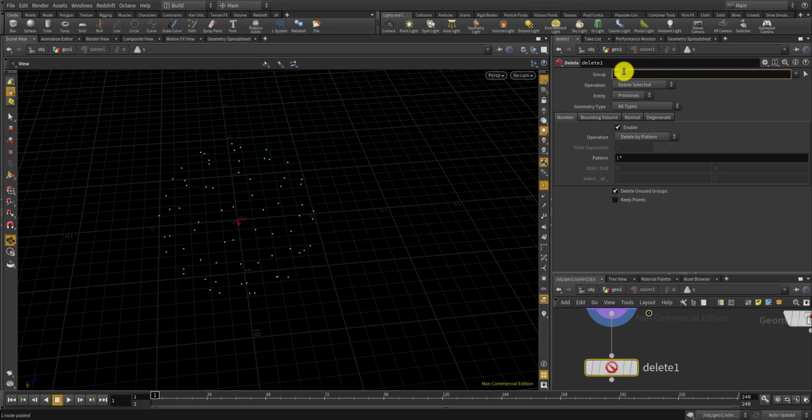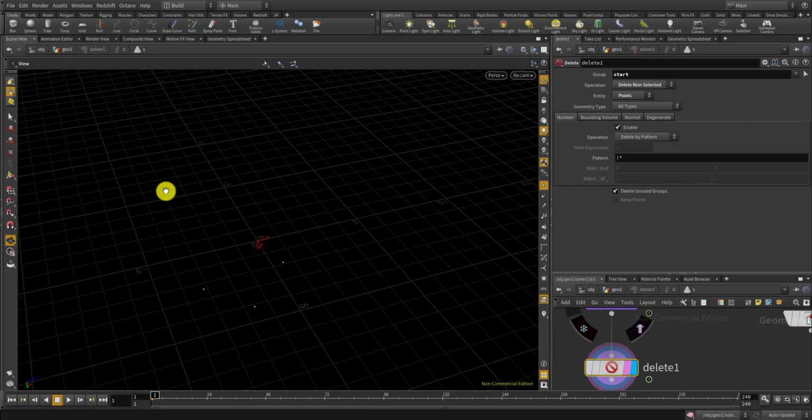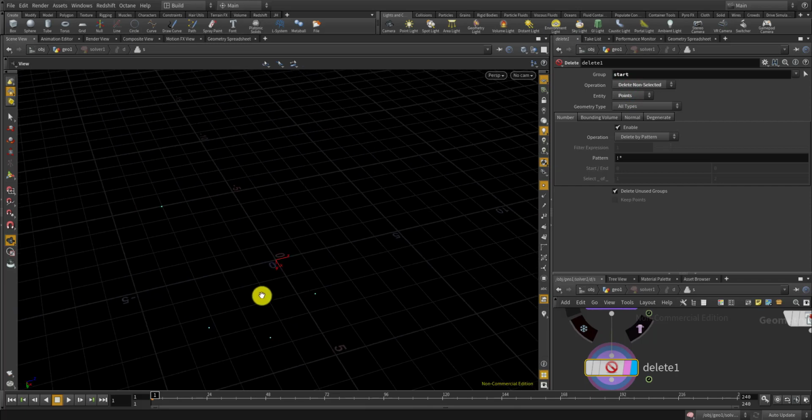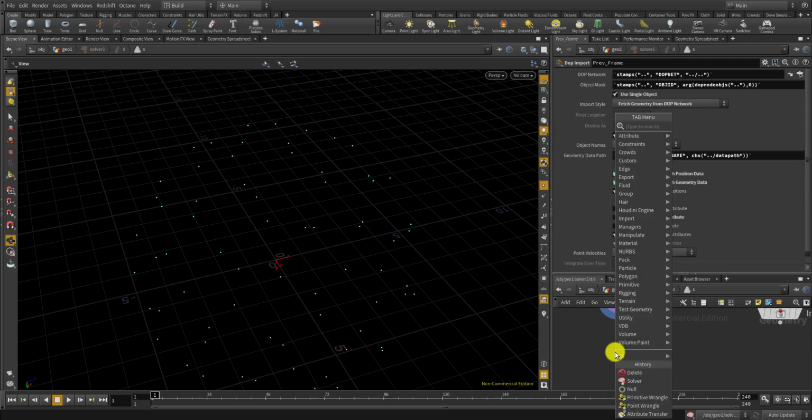Okay, so I have the start. Now nothing seems okay. I have to set the points and delete non-selected, and I do have some points which will be the starting point, and that's good. Okay, I just wanted to check that. Now I'll delete this and